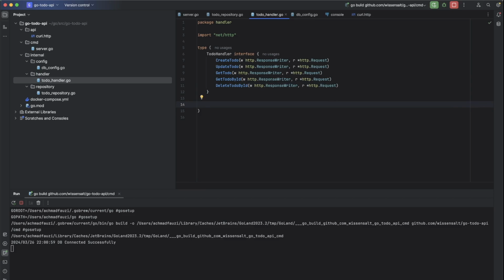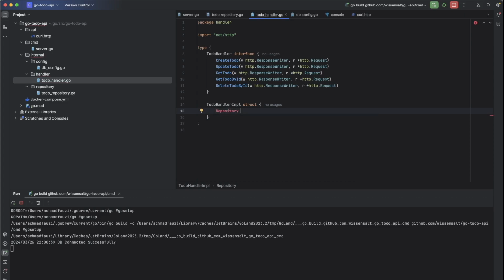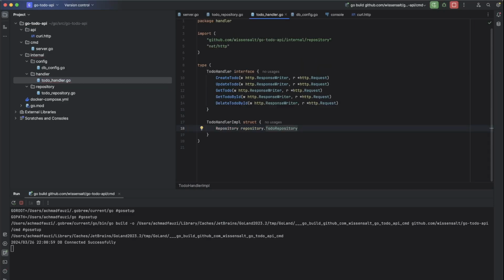Then we create the interface to do handler. We will create the struct for the implementation of the interface. It will require the dependency of to do repository. We will put the variable repository which is coming from to do repository.